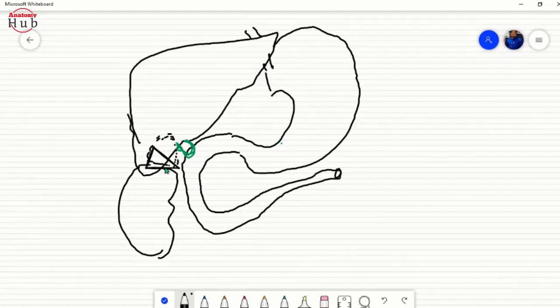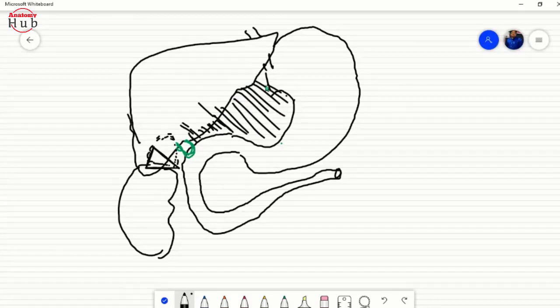Along with that, what we will find more over here is that the peritoneum that is covering this liver will reflect downward, and from the inferior border it will come towards the greater curvature over here, and will cover it, right? So this is the fold of the peritoneum. Now here you can see the fold of peritoneum. Sir, yes, so that would be the lesser curvature, no?